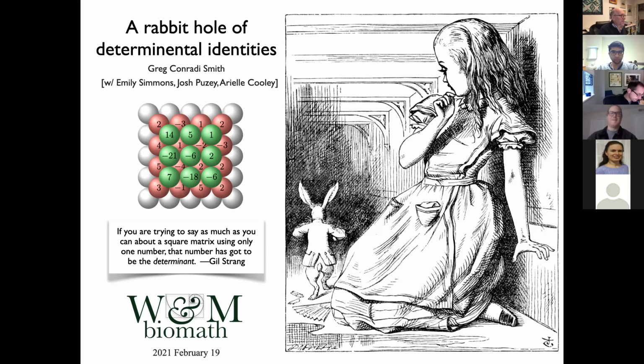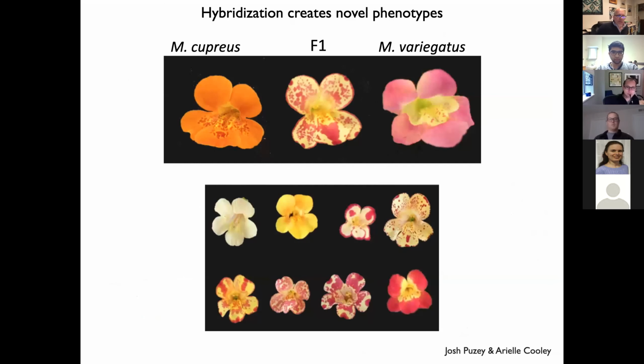And to motivate this, you have to know a little bit about Emily Simmons' project in collaboration with Josh Pusey. She's presented on this in Biomath recently, so I'm not going to go into a whole lot of detail at this point. But basically,